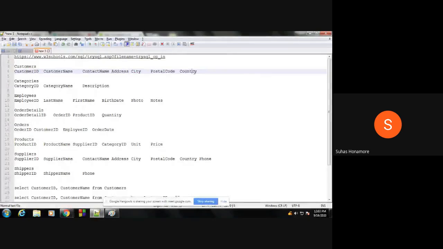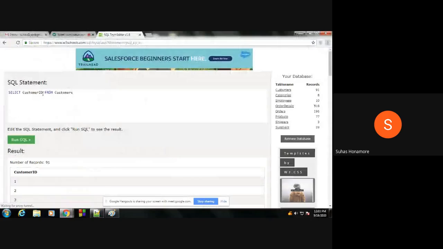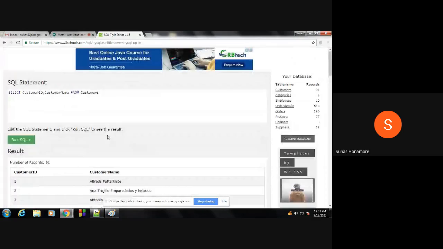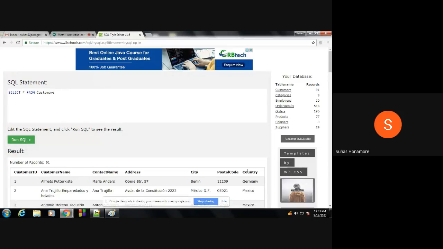If I want two columns, I give a comma and then the second column name. It will give me two columns. Whatever columns you want, you can give those names. If you want all the columns, I mention star, and it will give all the columns.